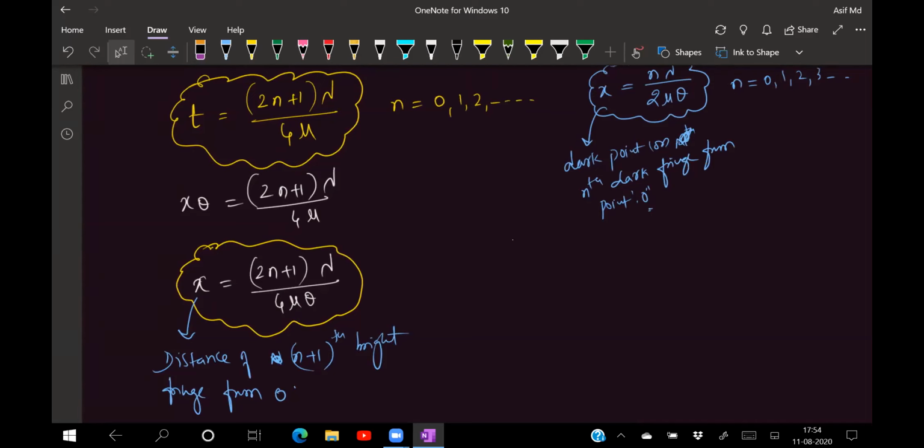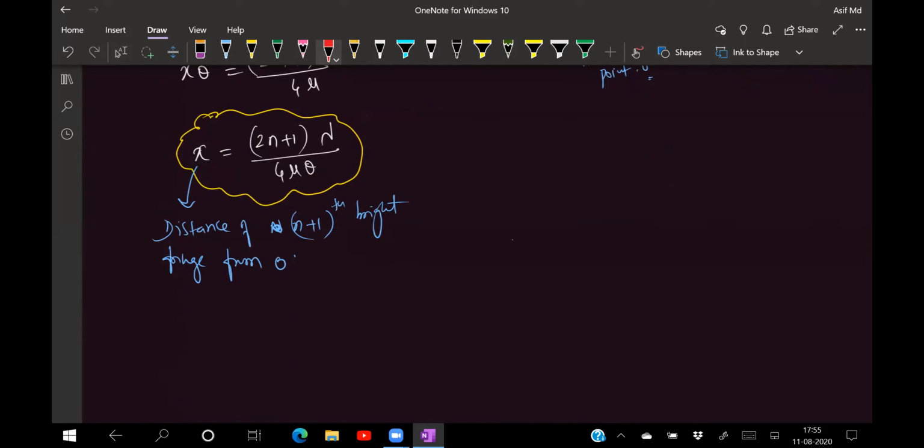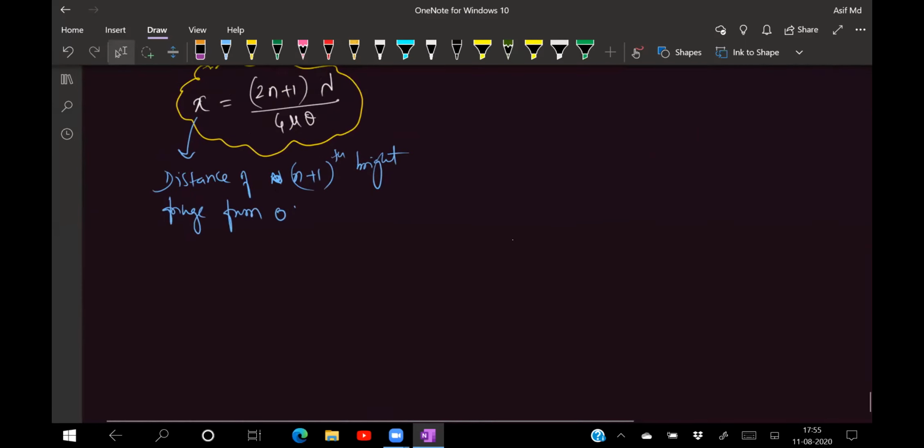Make sure that theta you should always take in terms of radians while doing the calculation, whenever it is given like 1 degree, 2 degree. So please try to convert the value of theta from degrees to radians, and simplify the problem for the given condition. So I hope you are clear about interference with the thin wedge of films. Is it clear for everyone? Sure. The next one: interference by an air wedge.